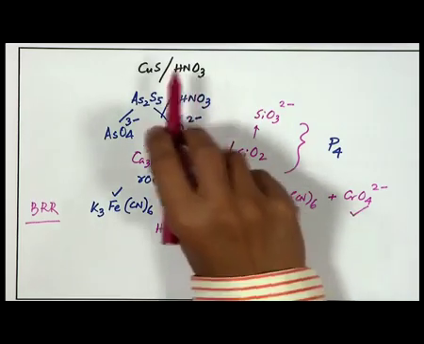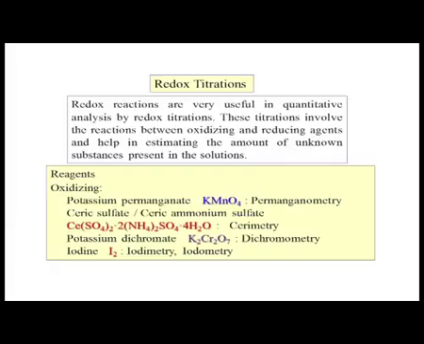Now, quickly we should see how these balanced redox reactions can be helpful for our redox titrations. Redox titrations are the utilization of redox reactions for this particular purpose, that means how we can handle a redox reaction for titration purposes. Titration means how we can find out the unknown concentration. It is not only in the domain of chemistry; it can go to biochemistry or any other area, where we can quantitatively utilize the redox titration to find out any unknown quantity in any sample. So, another branch of chemistry is opened up by this, the analytical chemistry branch. We will be utilizing the redox reactions for quantitative analysis,